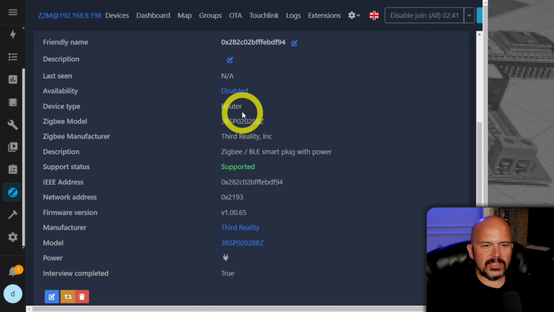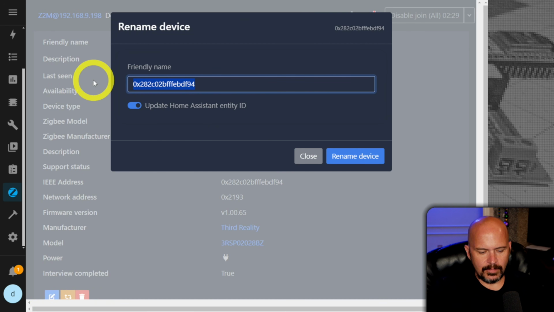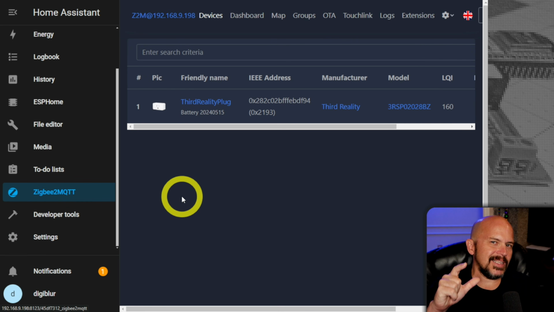And you can actually see it says right here, it has router, third reality, etc. supported, shows the power interview true. And then you hit the little pencil here and then you can update the name. Now there is one last step with Home Assistant before this device pops into Home Assistant because we need to